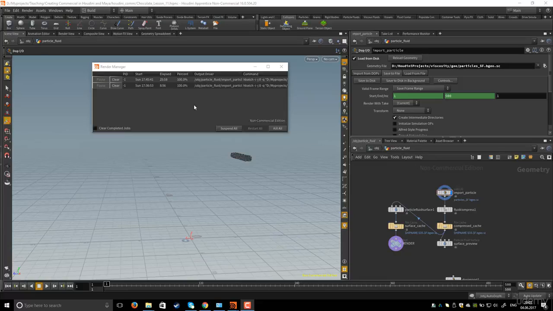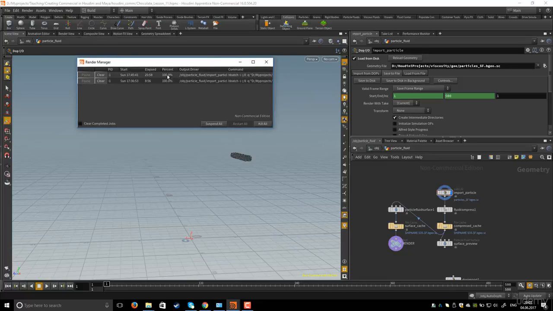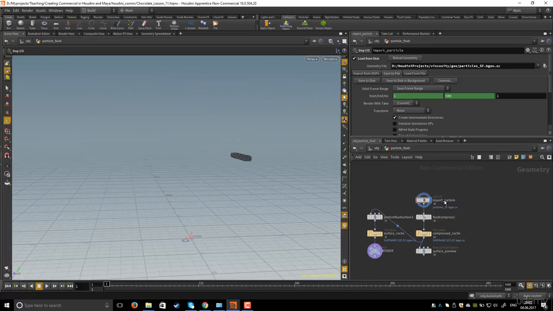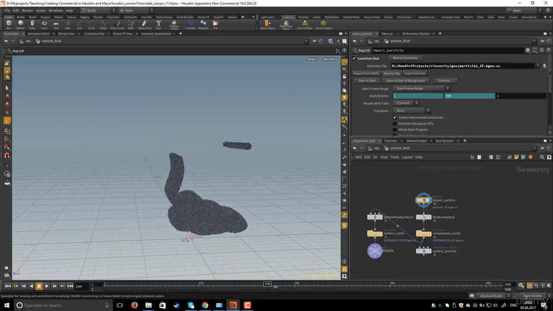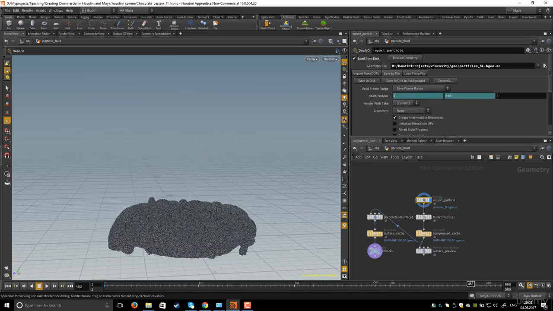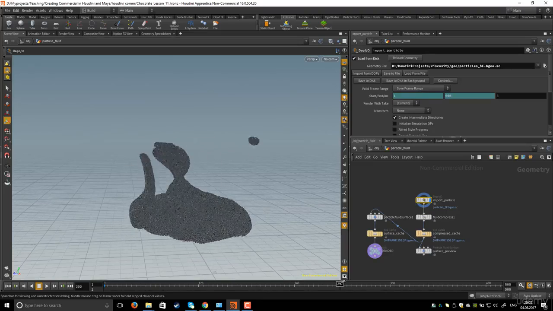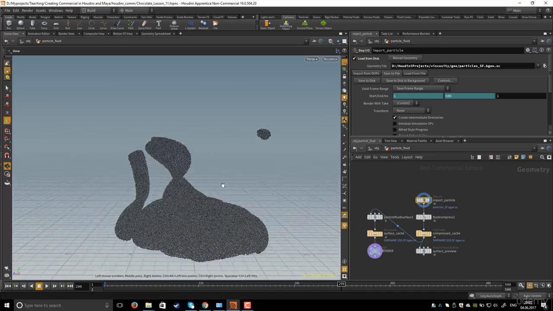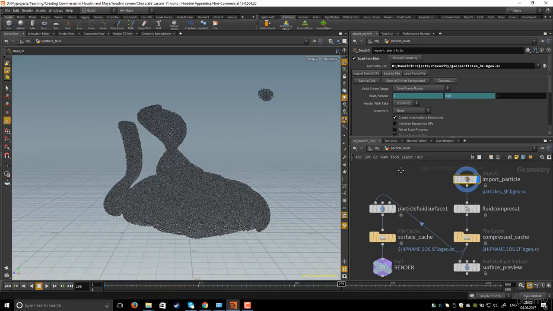Okay guys, the simulation is finished. As you see, it's 100, so I will close this window. And now if you load from the disk and scroll the timeline, you see here we have all the simulations in the viewport. So if you go and mesh the particles, if I click on the particles of fluid surface,